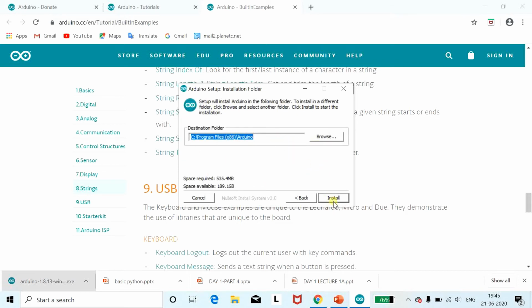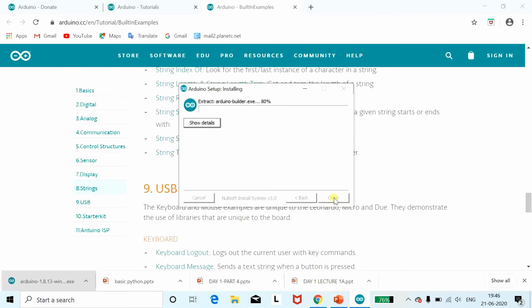We will keep the same location and then click on install. You can see how much space is required. So click on install. Once you click on install, pay attention to your screen. It's extracting all the files.